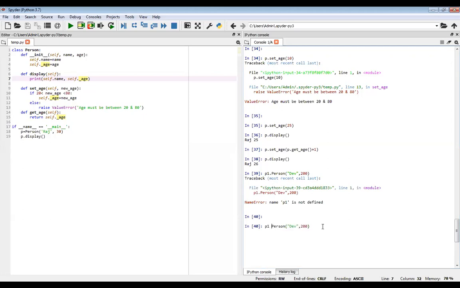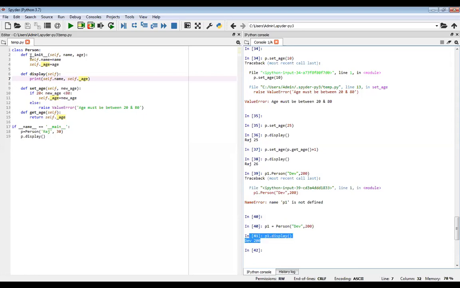Even is equal to person, right? So the instance is created. Now by using this instance, suppose I call the display method. It shows the output DEV 200.